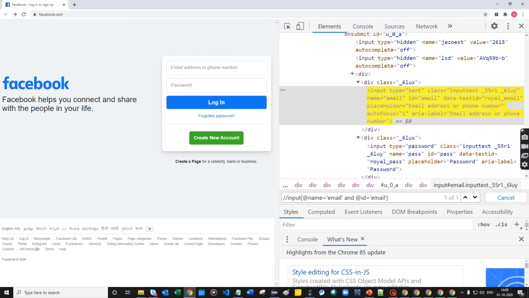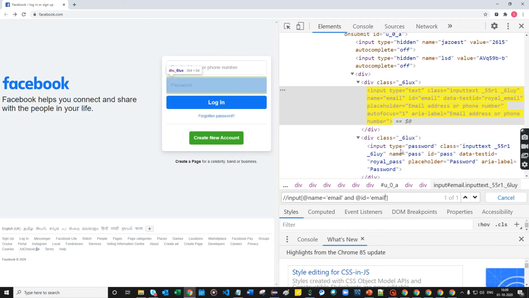So here, see, the input tag having the name attribute and the ID attribute, I'm going to interact with this element. So using the AND condition, both name and ID should be present. Only then will it be highlighted.